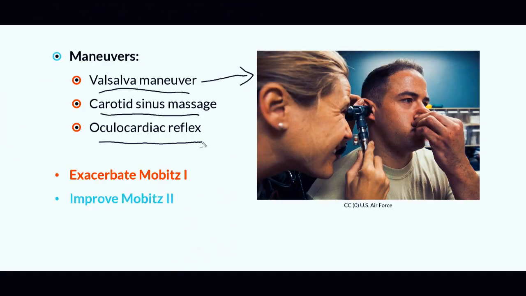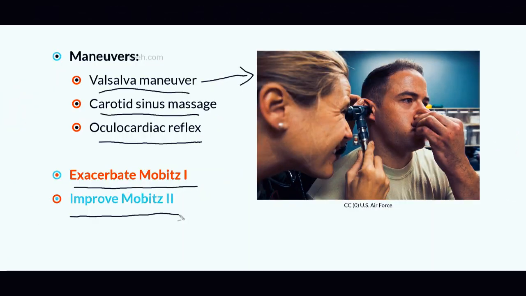In the case of all of these vagal maneuvers, there's going to be increased conduction through the vagal nerve, and therefore this is going to lead to slowed conduction through the AV node, thus exacerbating Mobitz type 1. However, this will have the exact opposite effect on Mobitz type 2, which occurs below the AV node. And therefore, anything that leads to increased vagal activity, such as vagal maneuvers, is going to worsen Mobitz type 1. However, anything that decreases vagal activity, such as